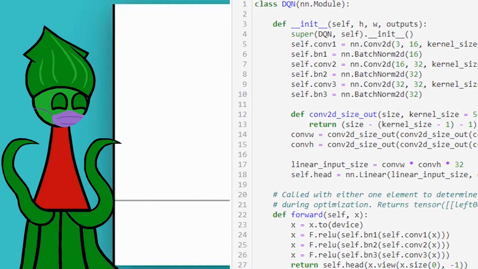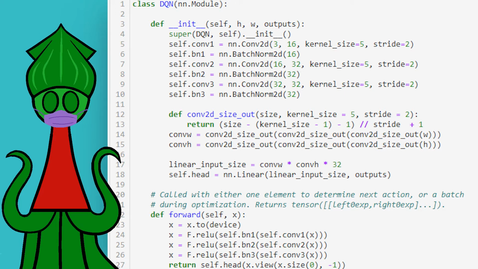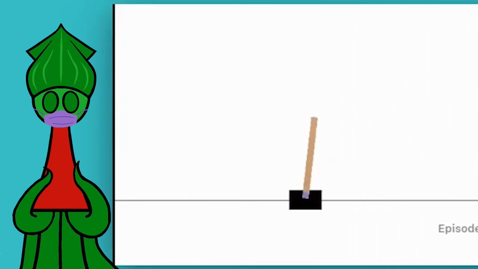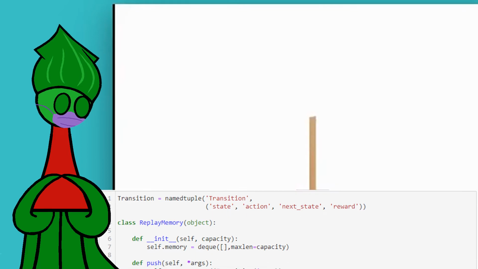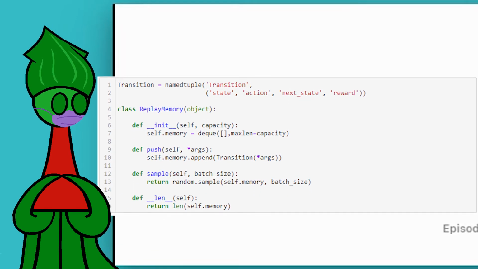If it thinks the reward would be better accelerating right, it accelerates right. So this robot is controlled by a neural network which turns the image of its predicament into expectations for its next reward. Much like training a supervised machine learning algorithm, we reinforce this robot's neural network by comparing its expected rewards to actual rewards. See, the robot has a memory of all its previous observations, its actions, its next observations right after those actions, and the rewards it got from all that.